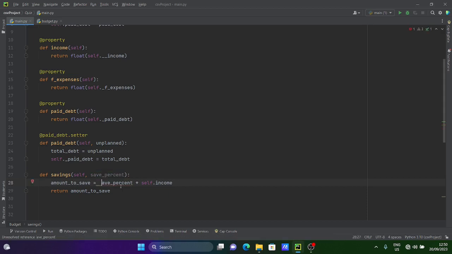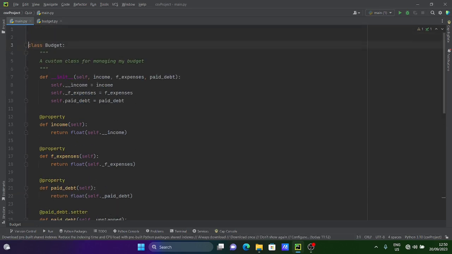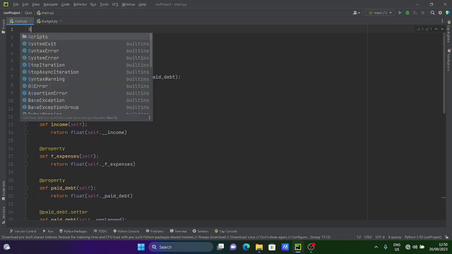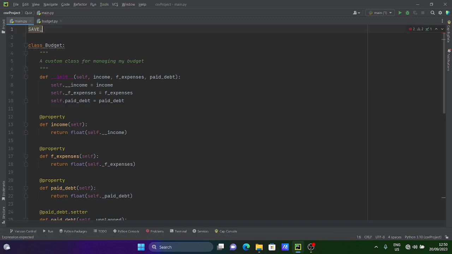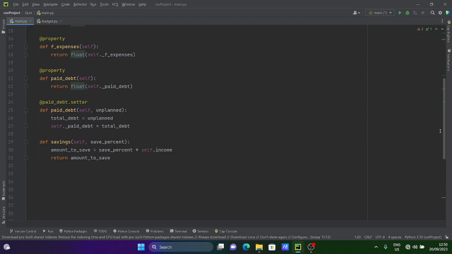Then how do we go about the save percent? At the very top of our page, let's add the percentage as a constant, something the class will always access whenever it needs it. So what is this now? Let's say SAVE, let me have it in capital letters because it's a constant. SAVE_PERCENT equal to, and we have this as a float. Like I said, it's going to be 30% of my income. So that's our percent. We'll see this in action in just a while. All right. So having done that,